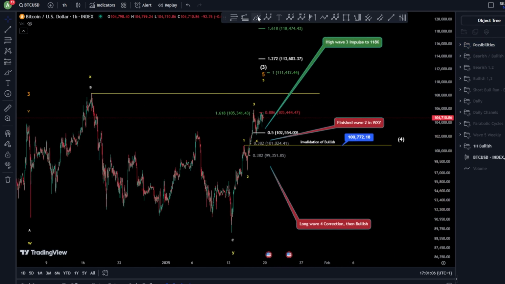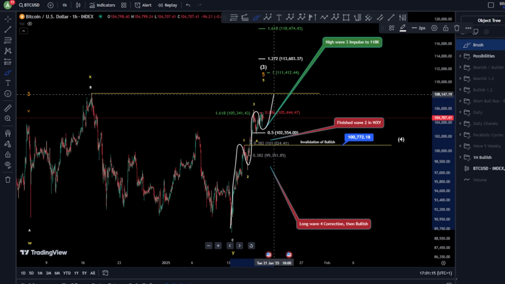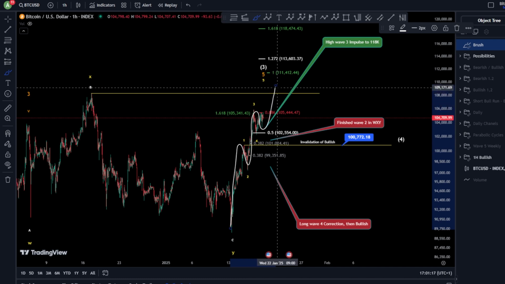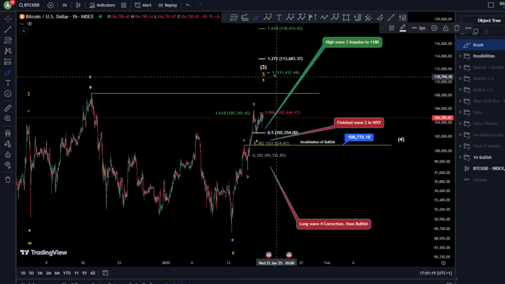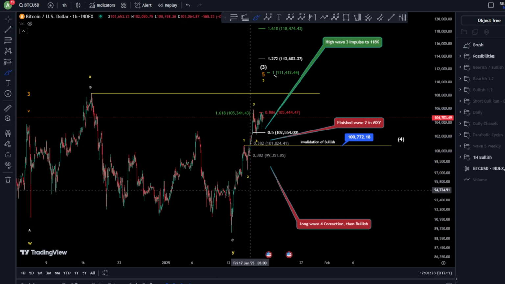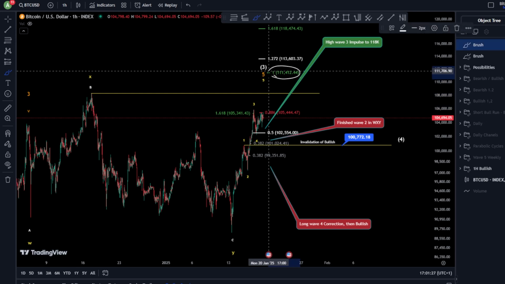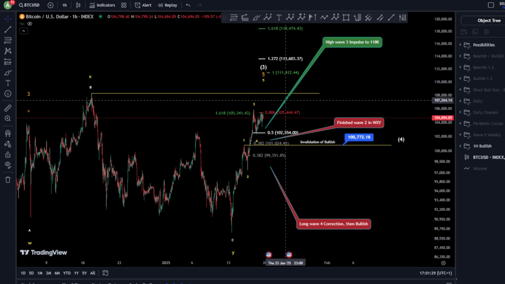So starting with the bullish scenario, let's start with the low bullish scenario, which is the lowest price that you might reach, of course, a 1, 2, 3, 4, and a 5, finishing an impulse toward the upside. And of course, as you can see, wave 3 is shorter than your wave 1 because your wave 1 is very extended. Therefore, your wave 5 should not reach, of course, the 111,400.